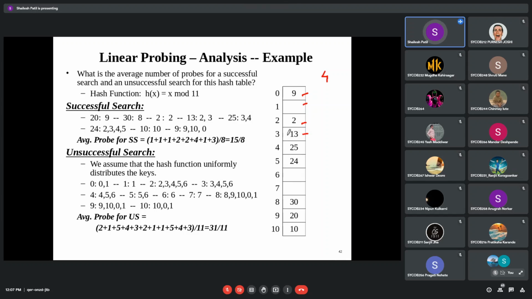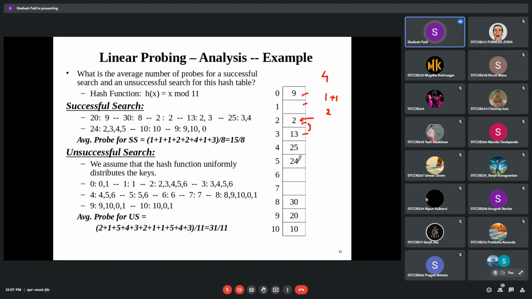But with linear probing, we are directly checking with the hash function in the second step. So one comparison over here, it is not found. Collision is there, so it will move to the next place, plus 1. So how many comparisons will we need? 2 comparisons only. So within 2 comparisons, we'll find the element even if it has a collision.